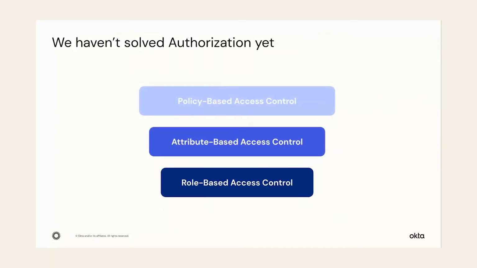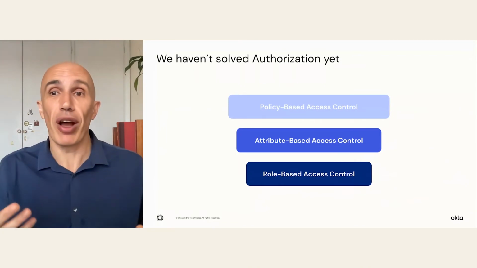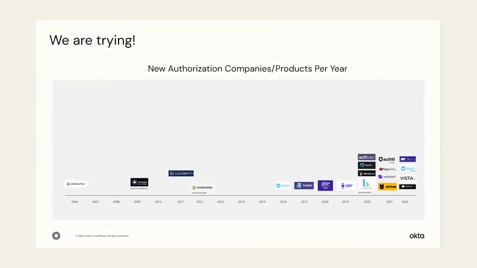Role-based access, attribute-based access, policy-based access are all good abstractions that help us to get here, but they haven't solved this problem we are talking about. We think they are incomplete abstractions, and to solve the problem we have at the scale we need something else. And as an industry, we are trying to solve authorization. In the last few years, the number of companies and products working on building authorization products for developers has increased